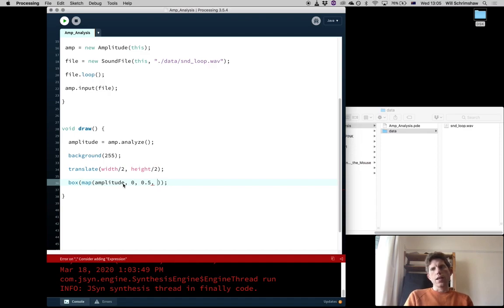And then we want to tell it what the outgoing numerical range is. So let's say the smallest possible size, if the audio signal is completely silent, is going to be a box 5 pixels by 5 pixels on each side. And if the signal, the amplitude measurement, is at 0.5 or potentially above, the size of the box will be 200 by 200 on each side. Okay, so if we run this now,